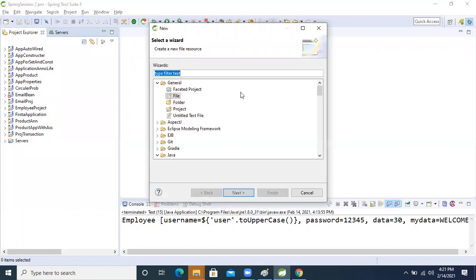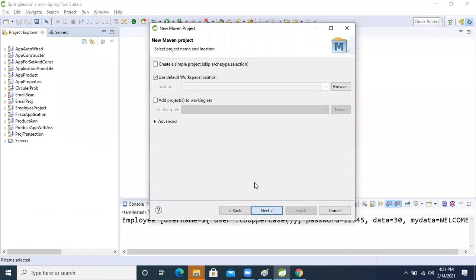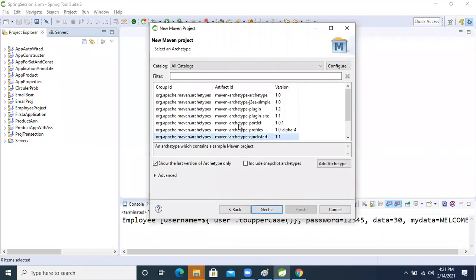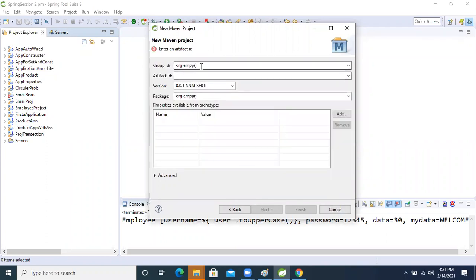So now File, New, Other, Maven project. Next, select this one. Next. Project name: emp project two component. 101.